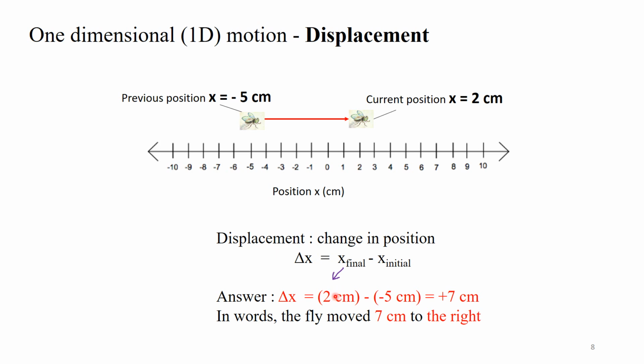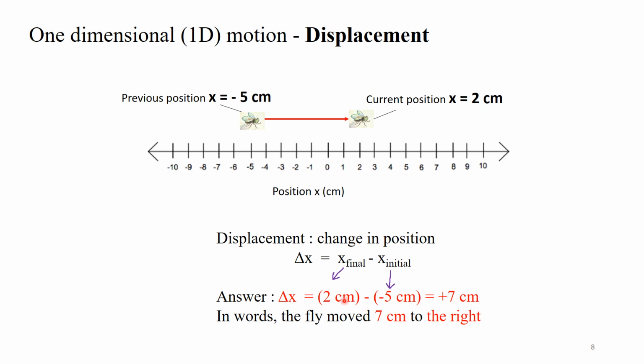So for x final, we can see in the picture, the value is positive 2 centimeters. All right, so we have positive 2 centimeters plugged in for x final, and then for x initial, we plug in negative 5 centimeters. Okay, the sign is important, the negative sign. So when you plug in 2 centimeters for x final and negative 5 centimeters for x initial, and you subtract them,